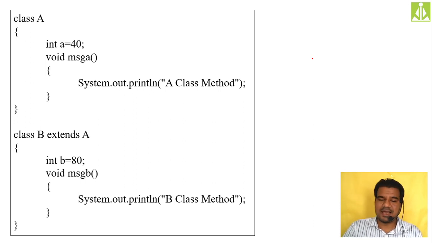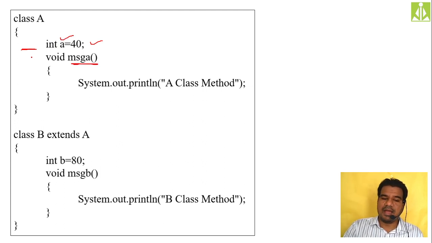Okay, so over here we are keeping both the classes inside the same package, and we are checking. So here in class A, when I'm making int a is 40, as I'm not specifying any access modifier, it will be treated like a default one. For message A, also the same thing. I'm not specifying any access modifier, so message A will also be treated like default. In class B, again b is default, message B is default. So within the package, subclasses will inherit. So if I create the object of B, that's enough to access a, message A, b, message B.